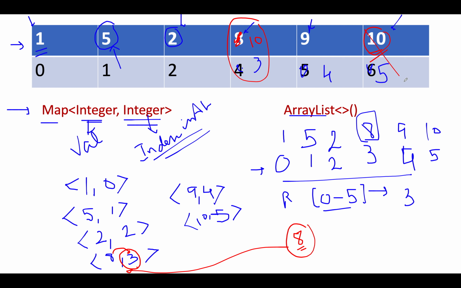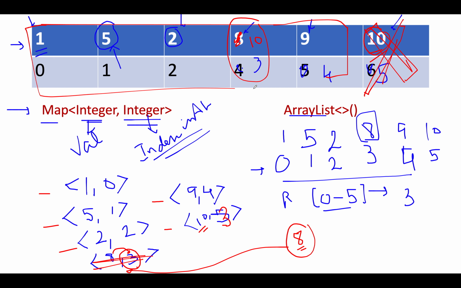Along with this, we'll delete the last entry from our array list, because deletion at the last index takes only the complexity of order of 1. Along with this, we will update in our map that now this value is gone from my map data structure and 10 is present at 3 instead of 5. So the updated state of my map and array list is something like this. We have 1 0, 5 1, 2 2, 9 4 and 10 3. And the array list is something like this: 1 5 2 10 9. So the rest of the elements, especially the last element, is gone, and 8 is also deleted.